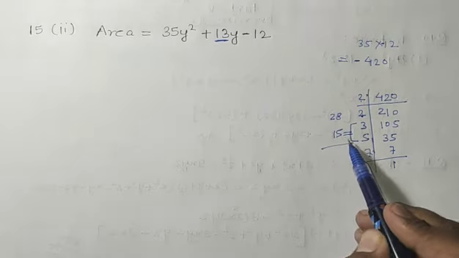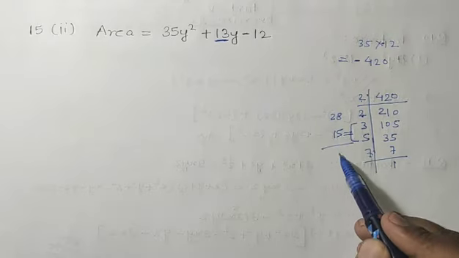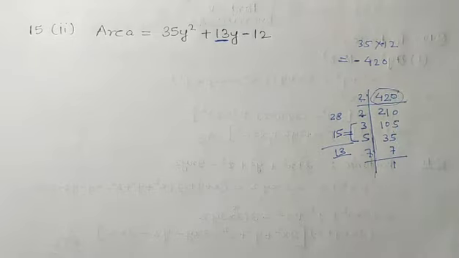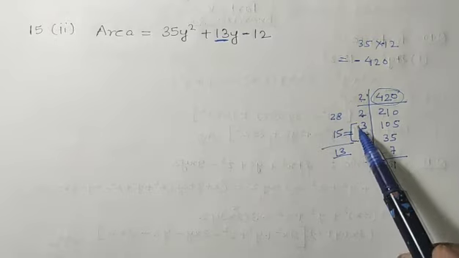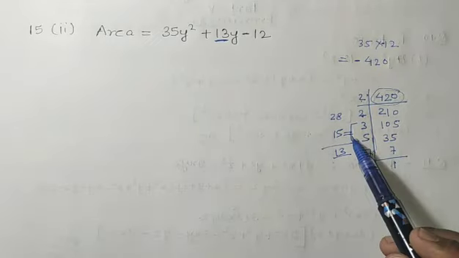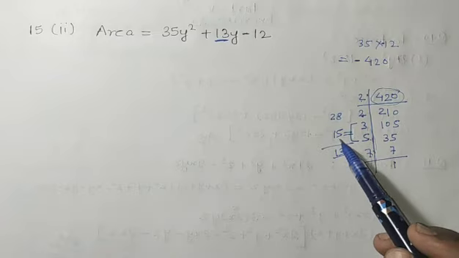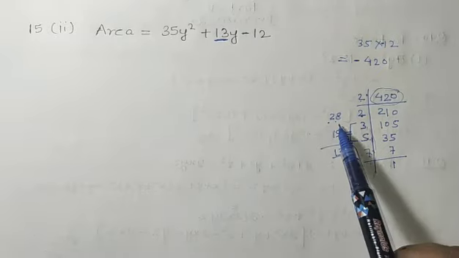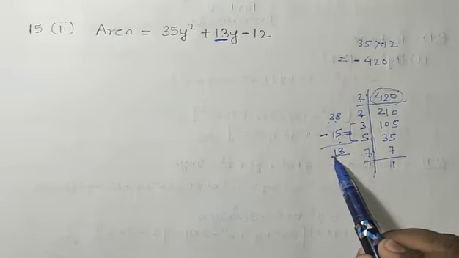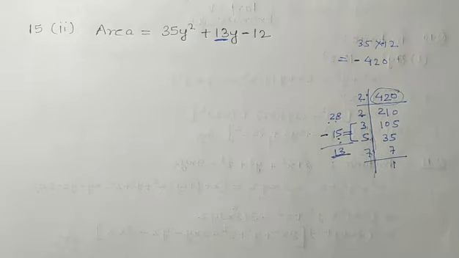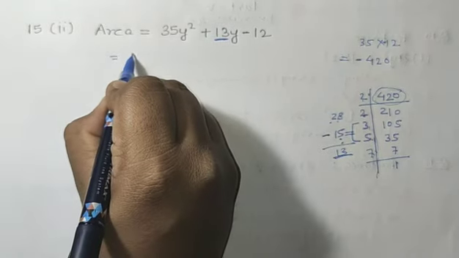If 3 5s are 15, okay, we have taken, and 7 2s are 14, 2s are 28. Okay, now see the difference of 28 minus 15, we will get what? 13. And of course since it is the factorization, it will give 420. Okay students, so like this we will find a combination which will help us in this question. So we have found a combination of 28 and 15. So we will split 13 as 28 minus 15, so that we will get 13, and 28 into 15 we will get 420. Okay, so now we'll factorize it.